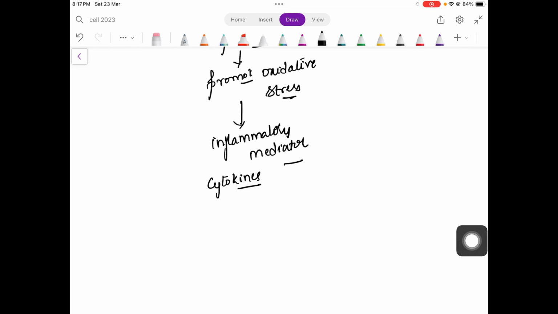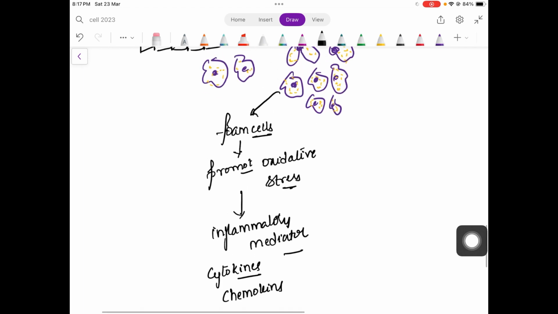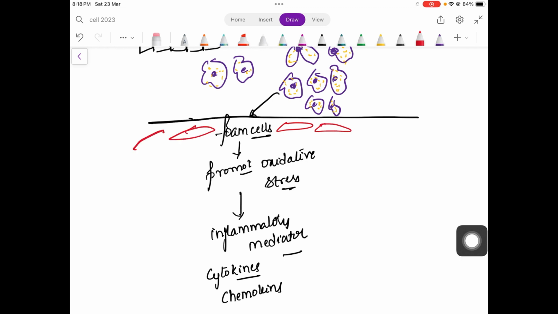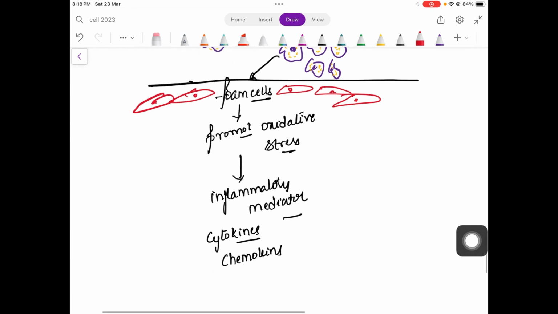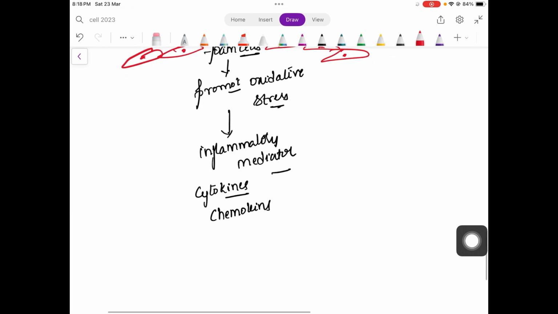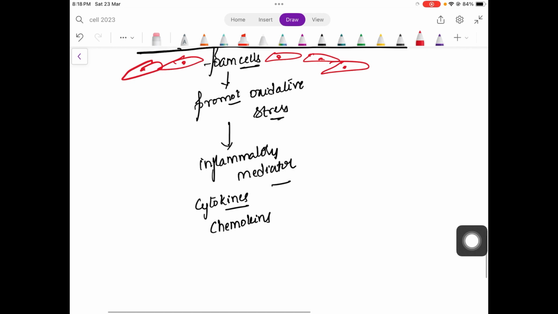They'll release inflammatory mediators, which are cytokines and chemokines. These inflammatory mediators act on one layer where smooth muscle cells are present. These are the smooth muscle cells. So chemokines and these inflammatory mediators will cause recruitment of